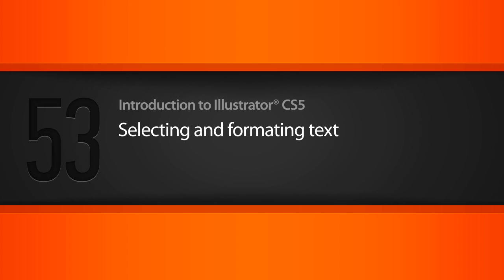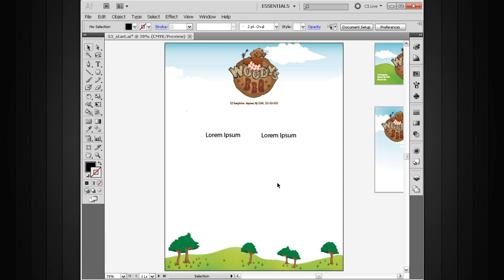In this lesson, we'll learn how to select and format text here in Illustrator. Alright, so in the last lesson we learned about the different tools for creating type here in Illustrator. Let's go ahead and start off by talking about the different areas within our type that we can actually select